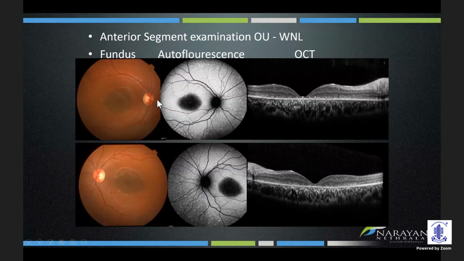There is hypoautofluorescence. So the atrophic changes can be better appreciated when you do an autofluorescence test. And also there are multiple hyperautofluorescent flecks, which are not very obvious on the color fundus photo. So it's very important, whenever you suspect a dystrophy, you should do an autofluorescence test. And if you look at the OCT, I know most of you are familiar with the OCT. There is foveal thinning with outer retinal loss. RPE is also atrophied, and choriocapillaris also have started atrophying, resulting in these hyperreflective dots. So this is a classic example of Stargardt's disease, where there has been atrophic macular changes with multiple fleck-like